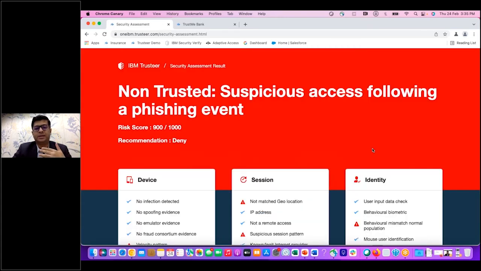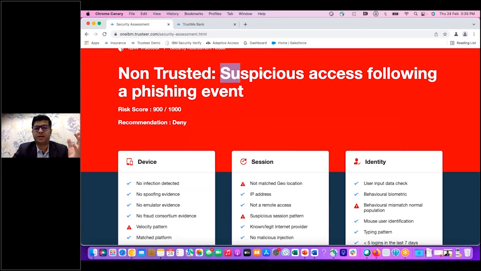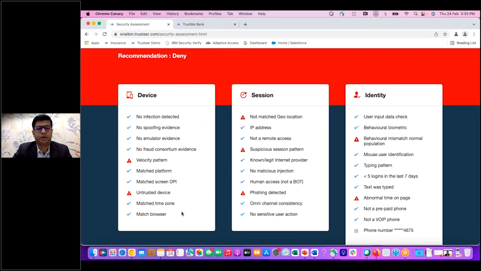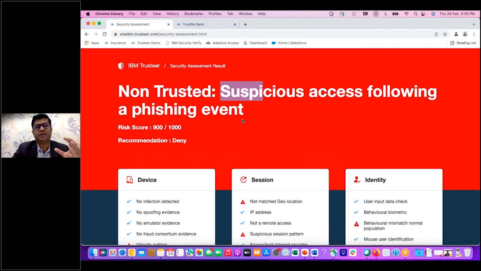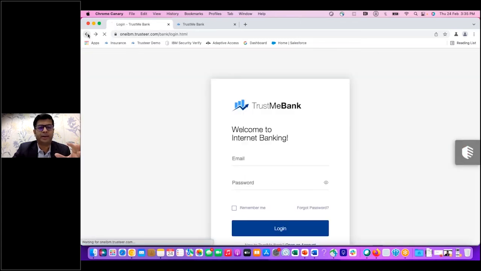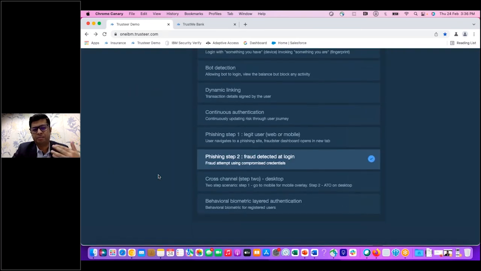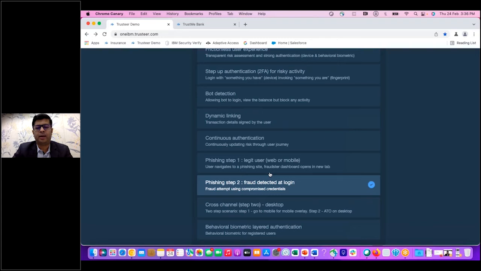So what has happened behind the scenes is we have seen a suspicious access followed by a phishing event, right? We have seen all of these checks. The device was at risk. It was an untrusted device because the hacker came from his device, which probably was not a trusted or registered device. His location was not matching. We have detected it's a phishing attack, and the identity was also at risk, right? So these insights have helped the organization prevent this fraud rather than doing forensics at a later stage. There are many such use cases that we detect using IBM